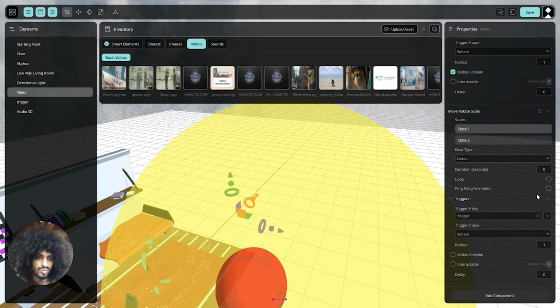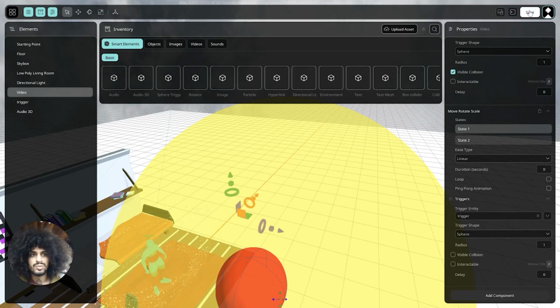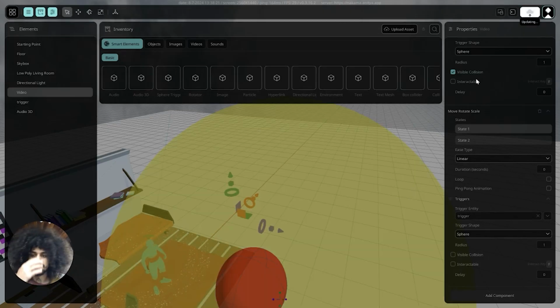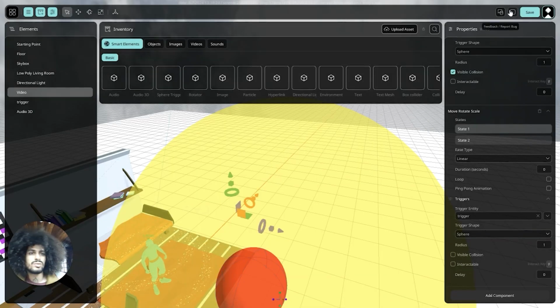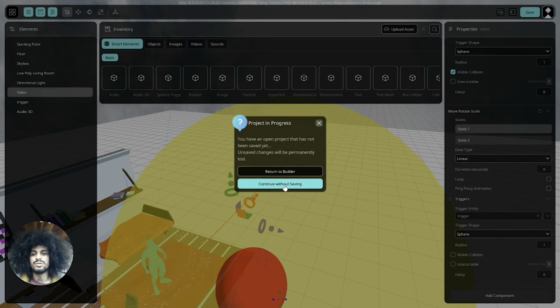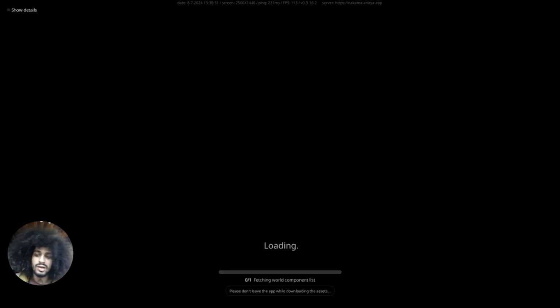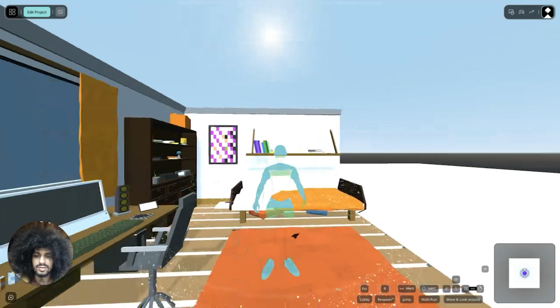So this is good for me, same trigger, same everything. Now I can come here, save changes, and jump in again for you guys to see. As you can see, it's very fast to build and already test it.